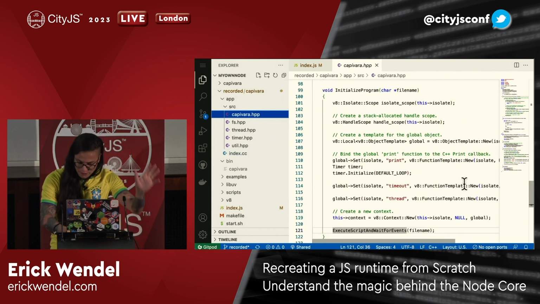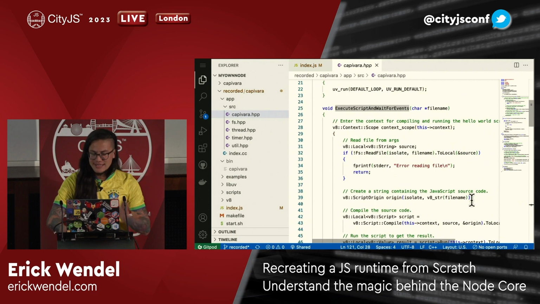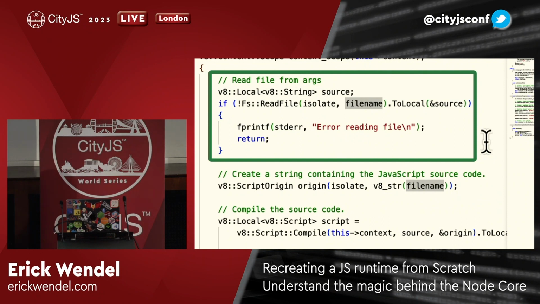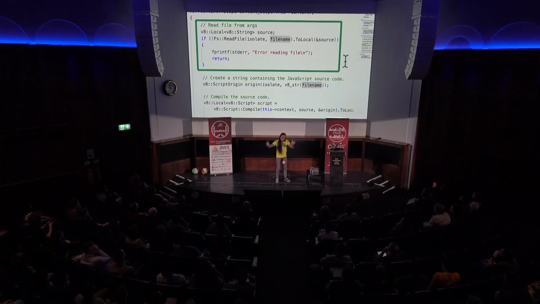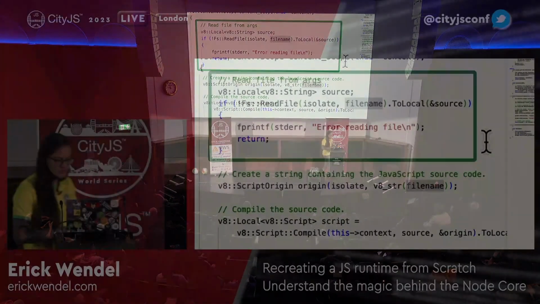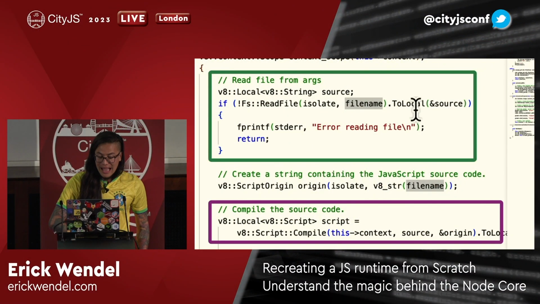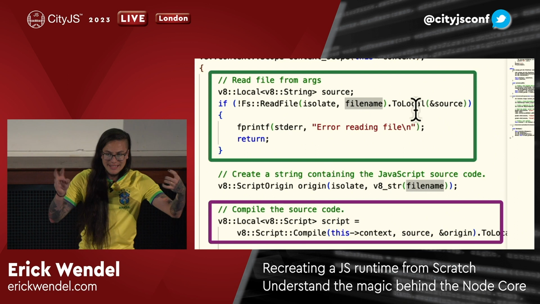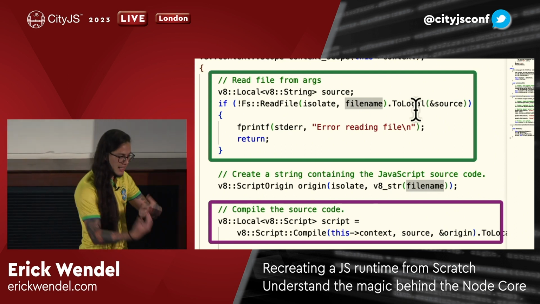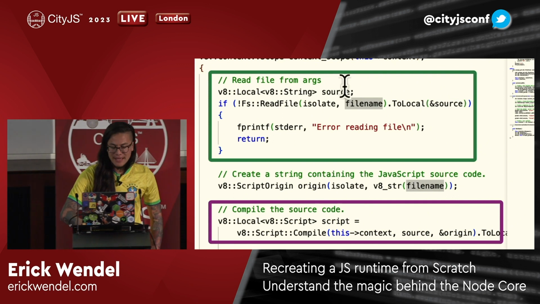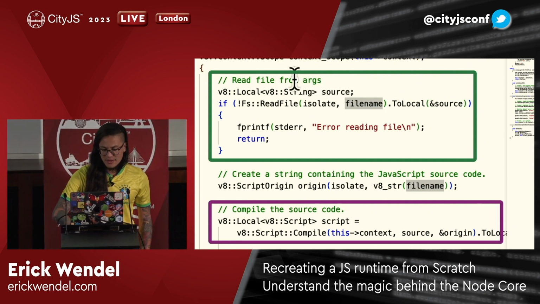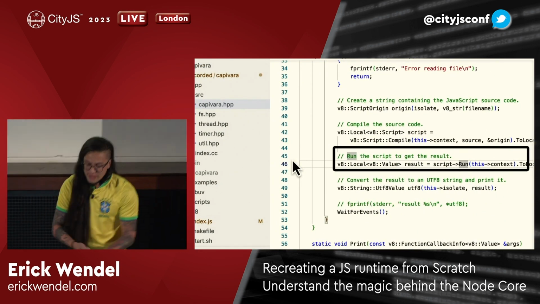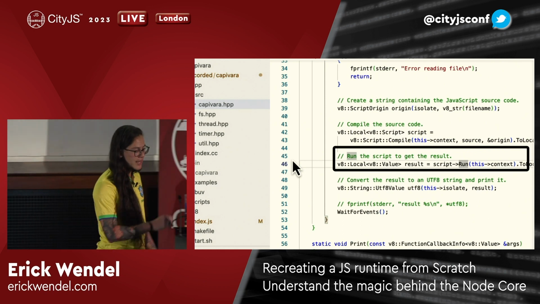So there, see, there is a lot of code. Never mind this code. Let's just go step by step. Here, I'm executing a code, and see, we are reading a file. It's a file name, so I get all the JavaScript string, all right? I put this JavaScript string in a variable. I then compile. This is the process to map all the JavaScript context to C++ instances. So in the end, we are executing C++, and after it, we're gonna execute something like an eval. We run this code, and if you want, you can print it later.